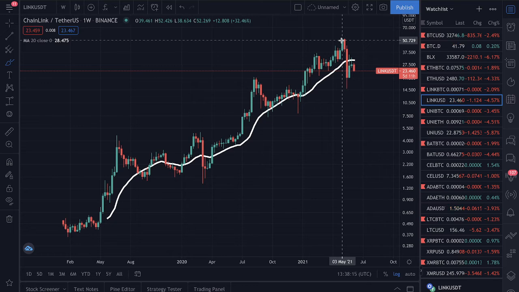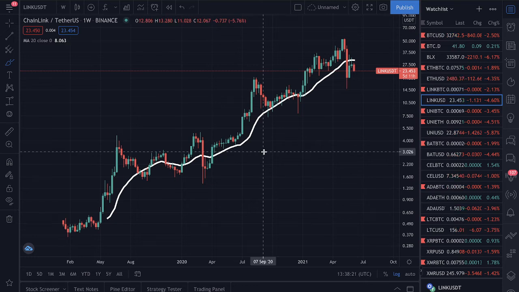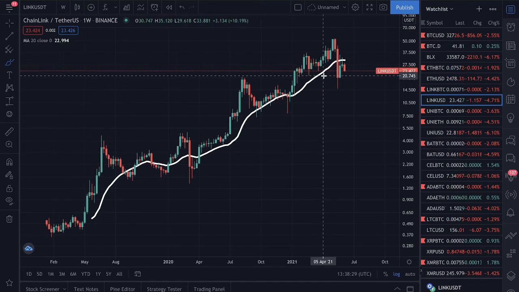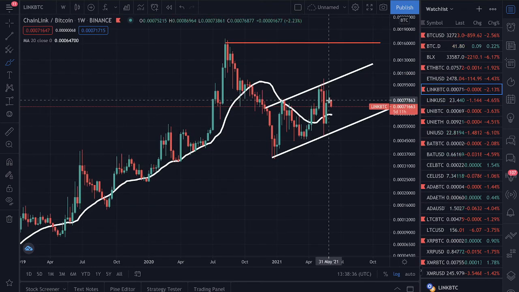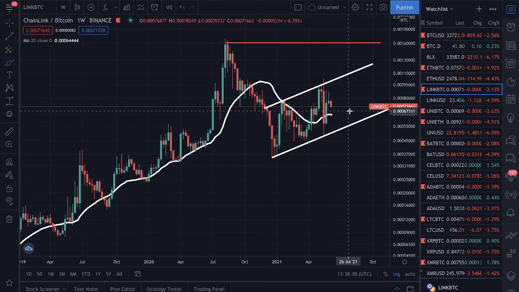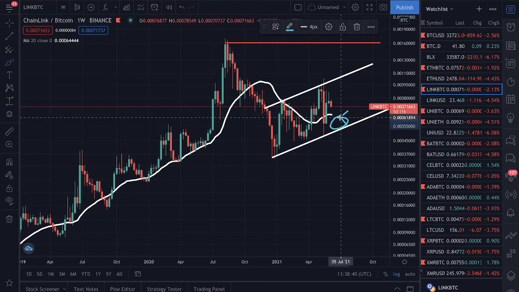All I'm trying to say is that it's not going to be easy. It's going to be a roller coaster of emotions, and it's going to really seem like Chainlink is sometimes going to frustrate you, as I'm sure it already has for a lot of people. But I hold my Chainlink position, and I look to increase it should Chainlink go below the 20-week moving average and enter this field here. I'll be looking to accumulate there with my Bitcoin.